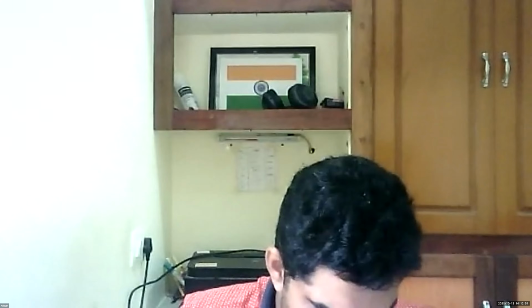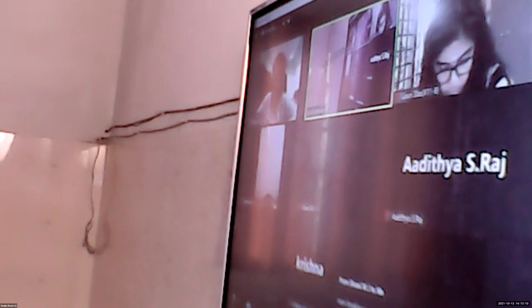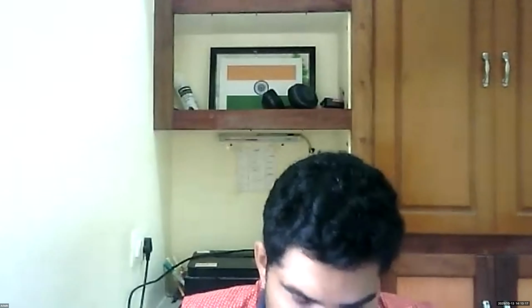Random, randint, uniform, all of this. Shivani, which is the correct option? Once again, repeat the question, Achyut. Which of the following random module functions generates a floating point number?